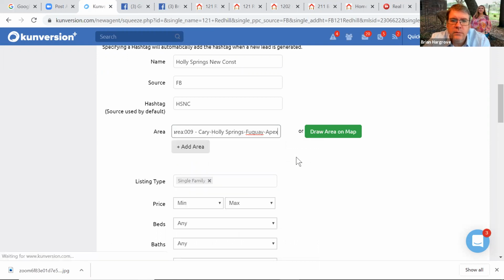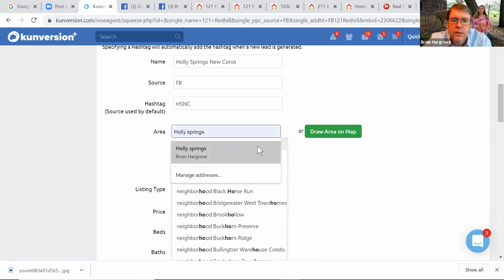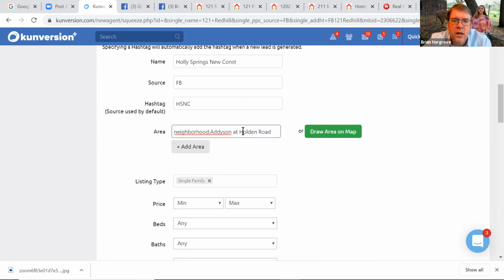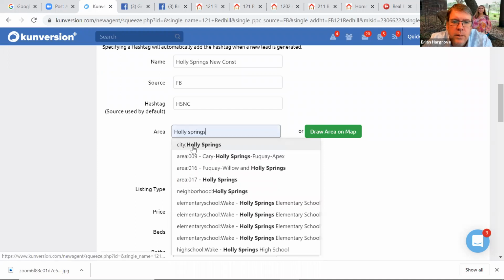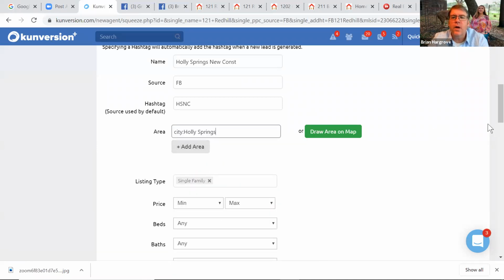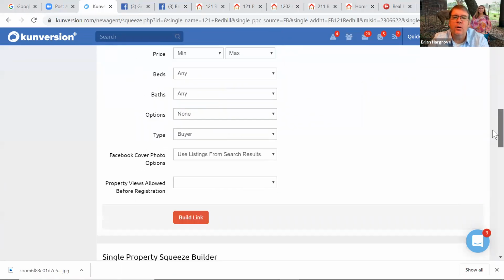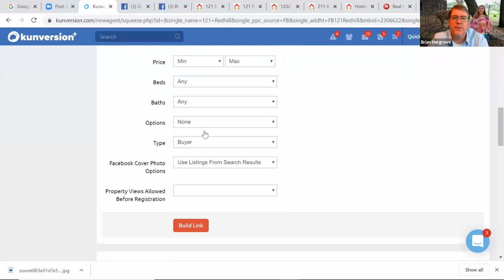Hang on a second. It's like my own stupid autofill is getting in the way. There we go. All right, so City Holly Springs, but now down here under options,